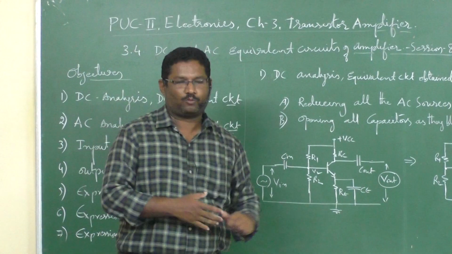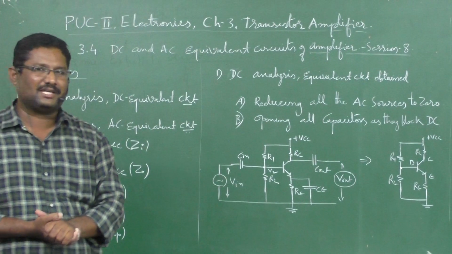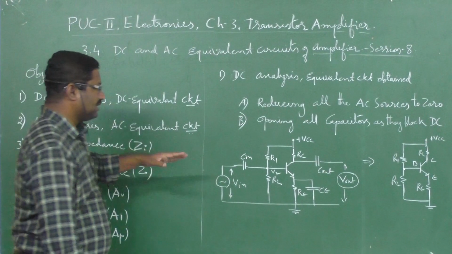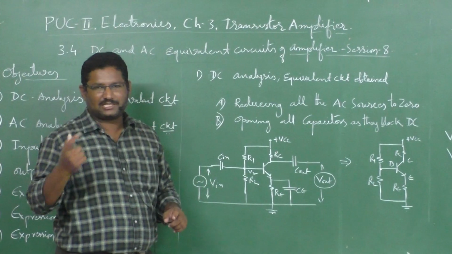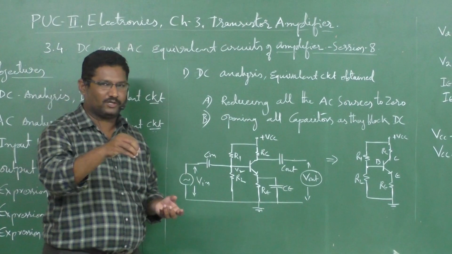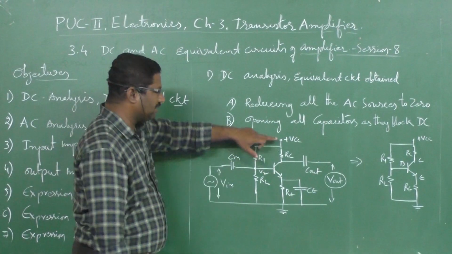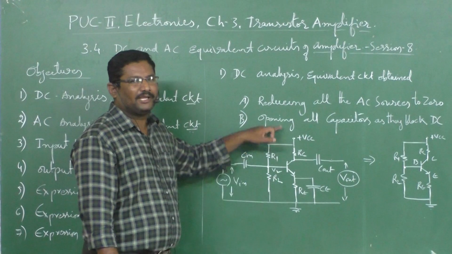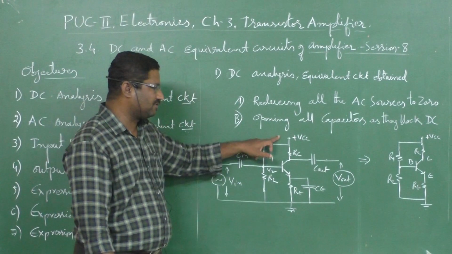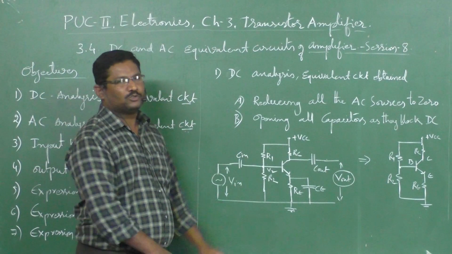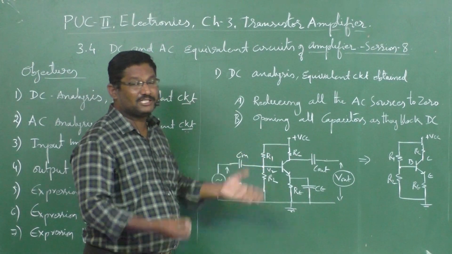Before that I would like to tell what is the need for AC analysis and DC analysis. Here you can see the transistor. I told you in the last class that biasing is nothing but giving the food for the operation of any transistor or any circuit. That is given by a DC source, either a unipolar source or sometimes a bipolar source, here plus VCC and minus VE also we can give. So unipolar or bipolar voltage sources are given, and that is nothing but the food.